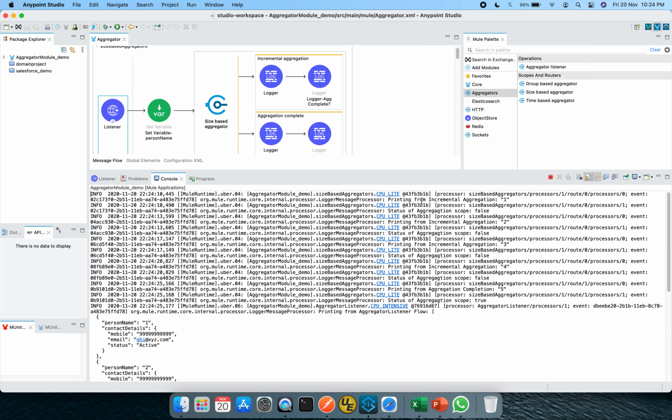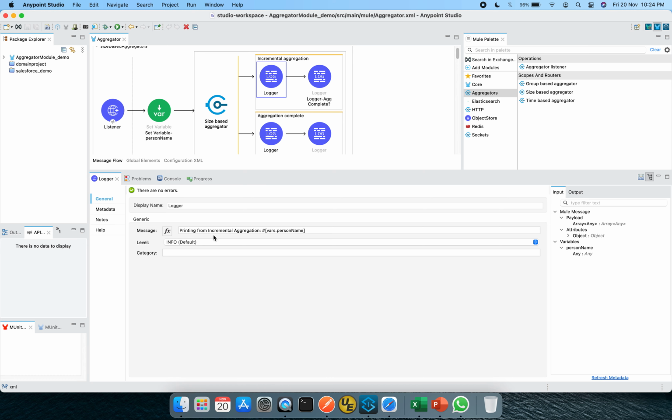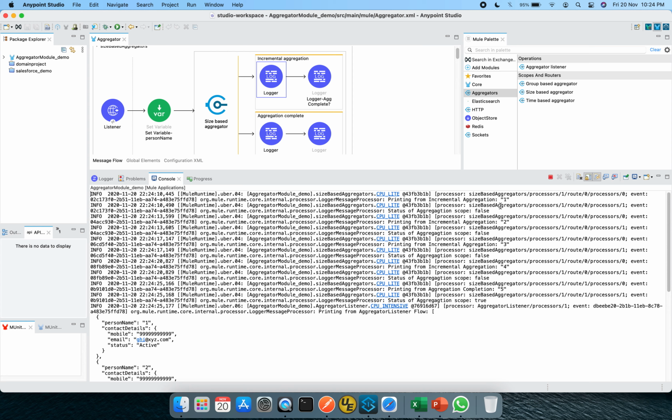So the first value is printing from the incremental aggregation, I think this particular value, right? It is printing from the incremental aggregation, and vars.personName is printing. Okay, and this status of aggregation scope, being printed from this second logger, is showing as false. Similarly for 2, 3, 4, and as soon as it reaches the fifth size, or the fifth person name, the status of aggregation scope gets converted to true.